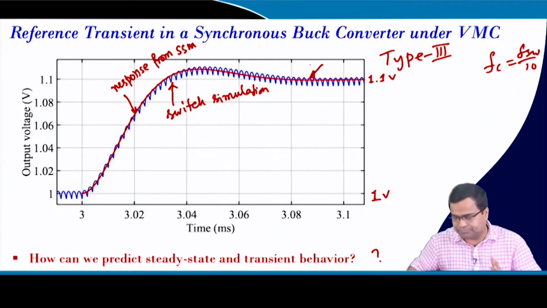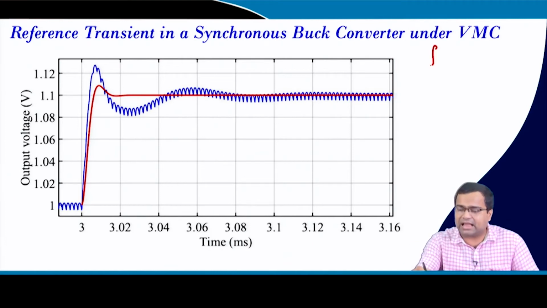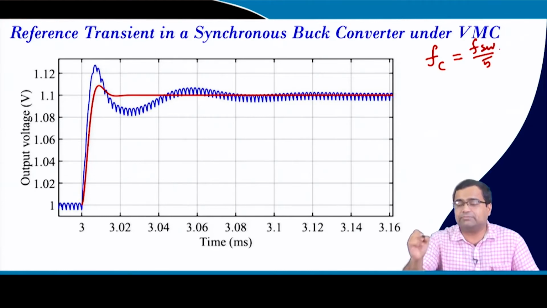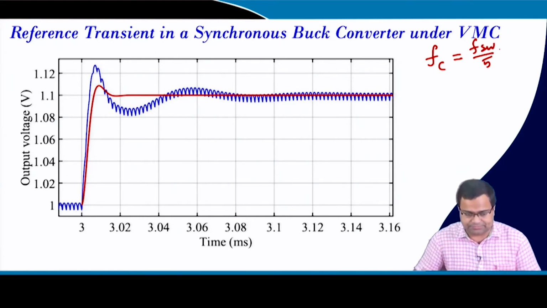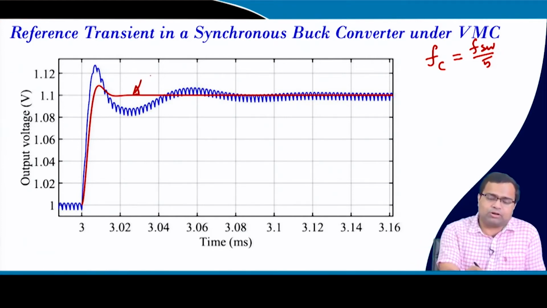How can we develop? The next question, I have now increased the bandwidth. I have used the type 3 compensator and designed it to achieve my crossover frequency of FSW by 5, that means 1/5 of the switching frequency. And you see the response due to our small signal model, and this is the actual switch simulation,